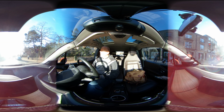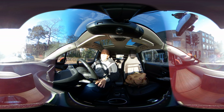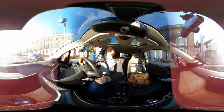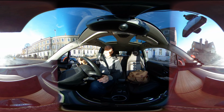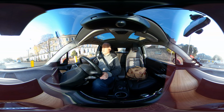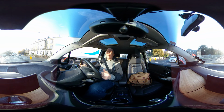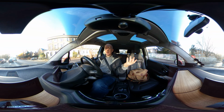Anyway, so one thing that occurred to me here was this would be an interesting dash cam in general. I mean, imagine that there was some incident here, I was involved in some accident, you would be able to see what had happened, whether I was concentrating at the time. You'd be able to see in front of me and behind me, see through the rear view window there, and you'd have a much better idea. Certainly,